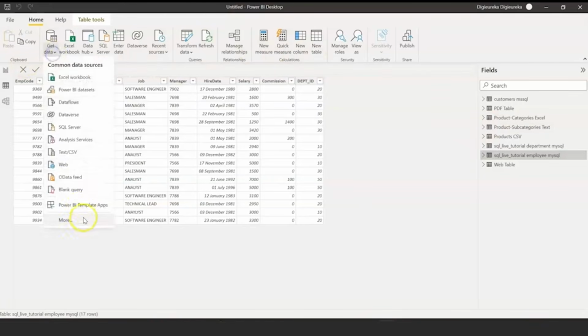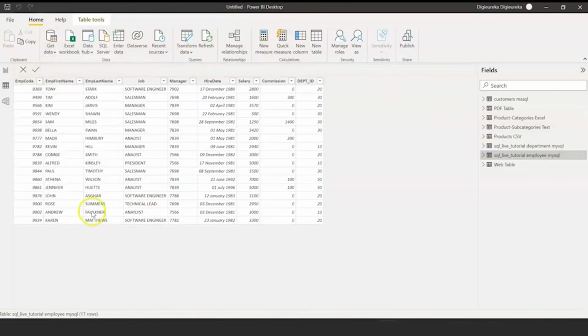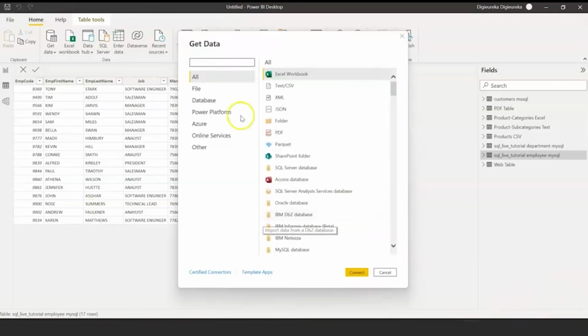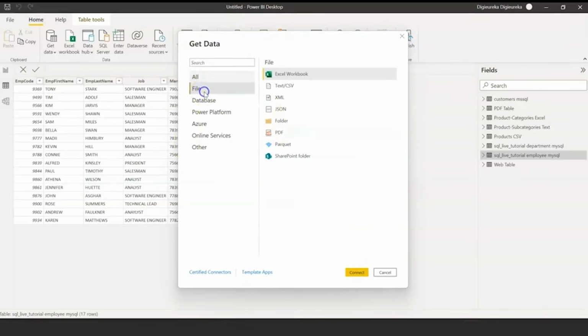Now if you take a look at the options which Power BI gave, of what different types and variations of data it has compatibility to import from, we can just take a look at the categorization on the left hand side first. There are file based ones like Excel, text, XML, JSON is also possible. You can even directly import an entire folder, and within the folder whatever data types of files are there, it will detect them. PDF, Parquet, or even a SharePoint folder, which is itself a Microsoft